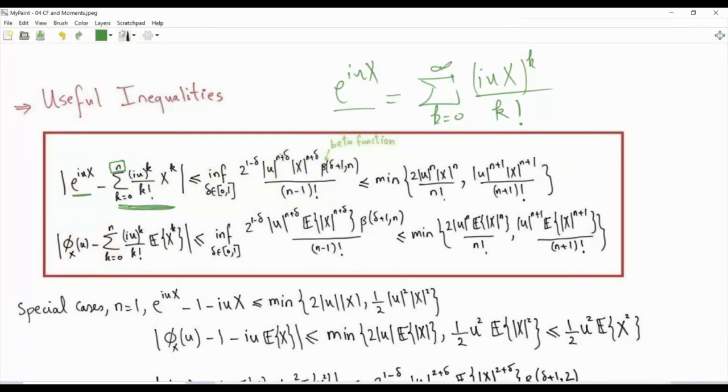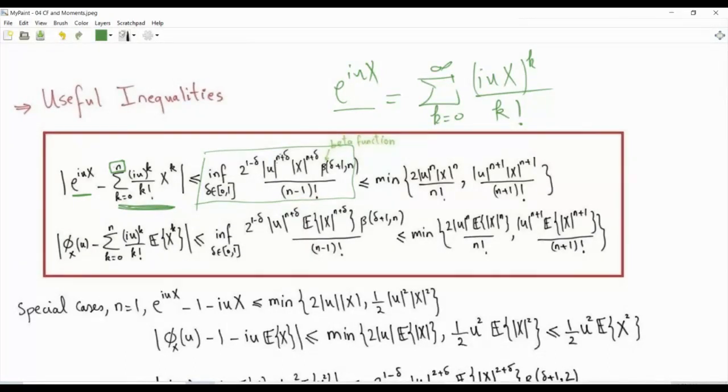The beta function you can look up on Wikipedia. It will not play a role here, but you can have a look at what this function looks like. And here we have n minus 1 factorial. This is true for every delta between 0 and 1. You can show it, and hence, because it's true for every delta between 0 and 1, this upper bound can be